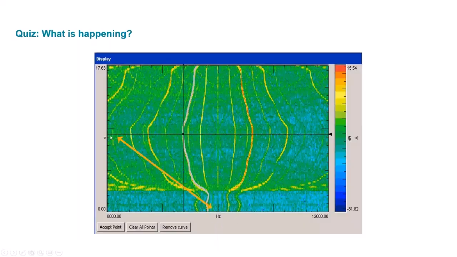We flipped the frequency axis and the RPM or time axis. That's a feature in Test Lab to swap those around. Okay, so we got a 10,000 hertz carrier. Then what else is happening here?